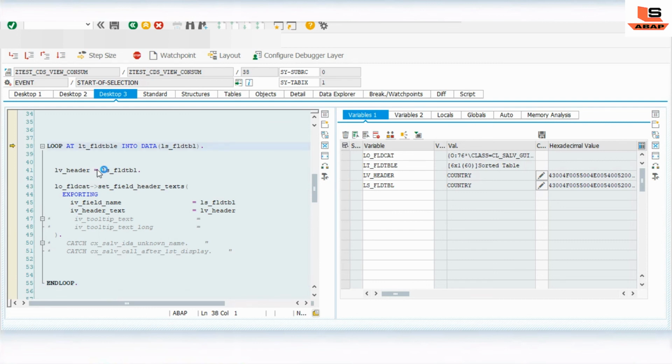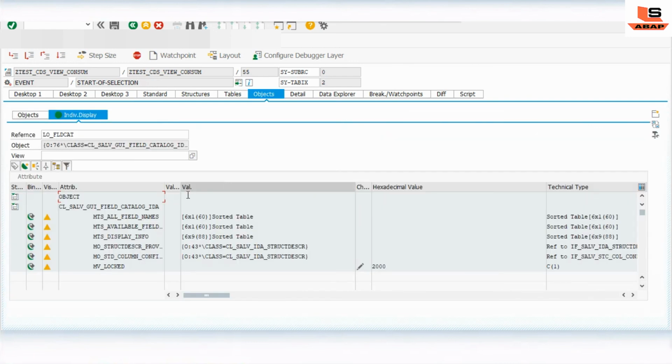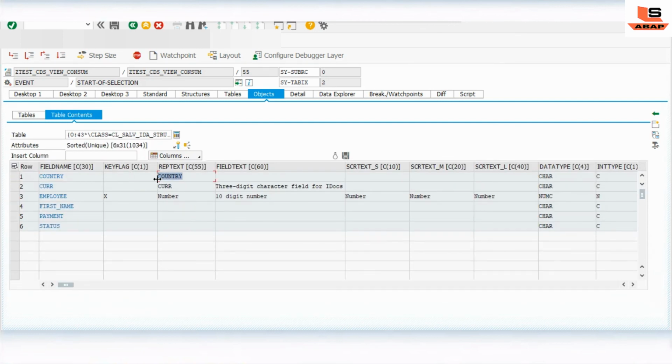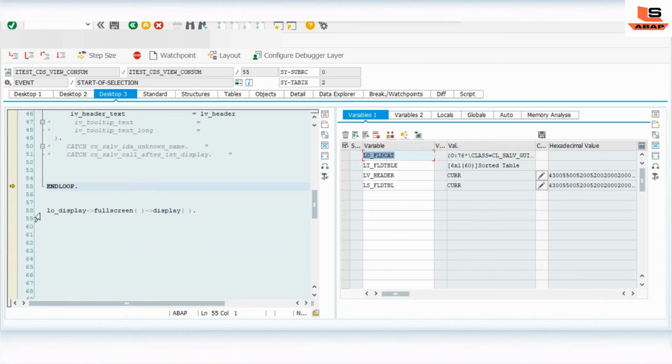Again press F5, then we will read the second, which is the currency, car, and the car name, F6. And if you click on this field catalog, as we already discussed the structure, and have a look, whatever value we are appending is coming over here. We'll do it for all these fields, keeping the breakpoint here, F6.